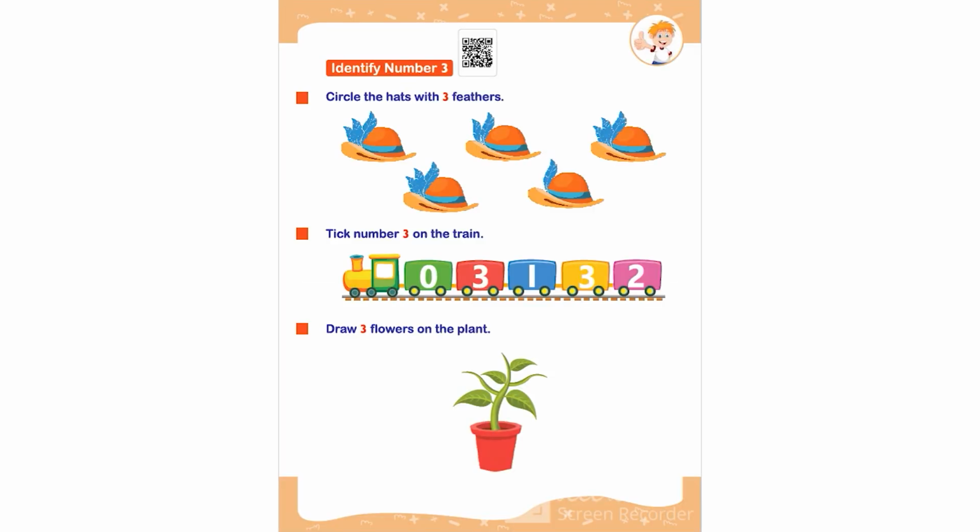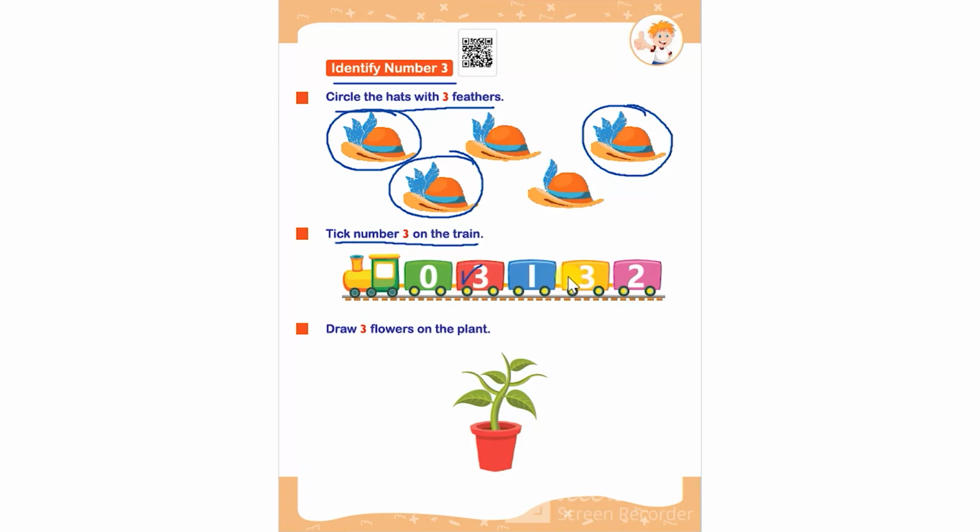Hello everyone. In this worksheet, the topic is identify number 3. Over here, circle the hats with 3 feathers. So the child has to circle the hats with 3 feathers like this. After that, another activity is tick number 3 on the train. So the child has to put a tick mark on number 3 on the train. After that, draw 3 flowers on the plant. So here the child has to draw 3 flowers on the plant